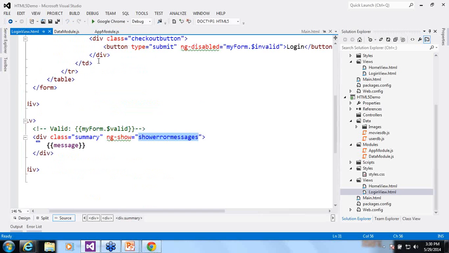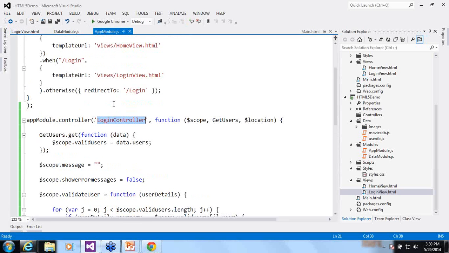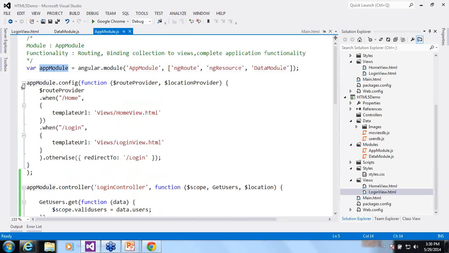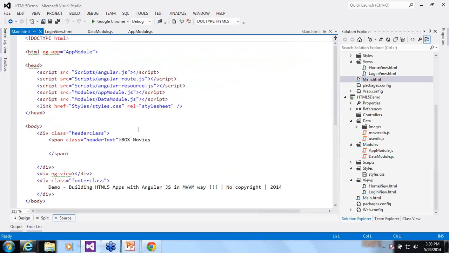Now every time we declare a module, do the configuration, and use a controller, it is very important that on the main page you have this app module declared. This app module or ng-app is going to initialize or bootstrap your elements and configurations.